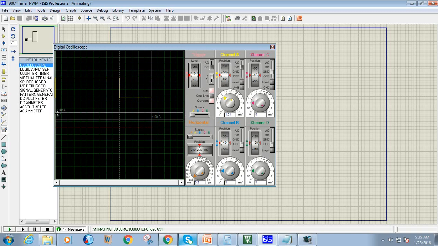Here we can see the pulse width modulation, how it is generated, and we can measure the delay also. I'm putting a cursor on this position. It's showing 1 second, and 1 second off, and it's 1.99 seconds, that means around 2 seconds exactly. 2 seconds it will turn on, and 1 second it will turn off. That means the total duty cycle is